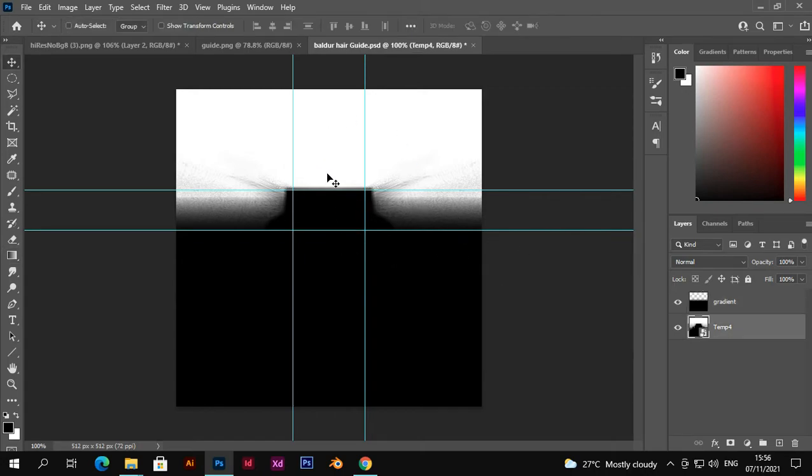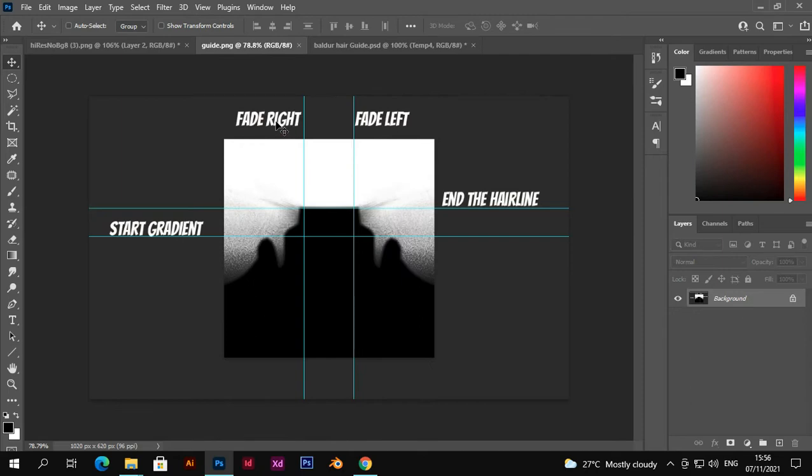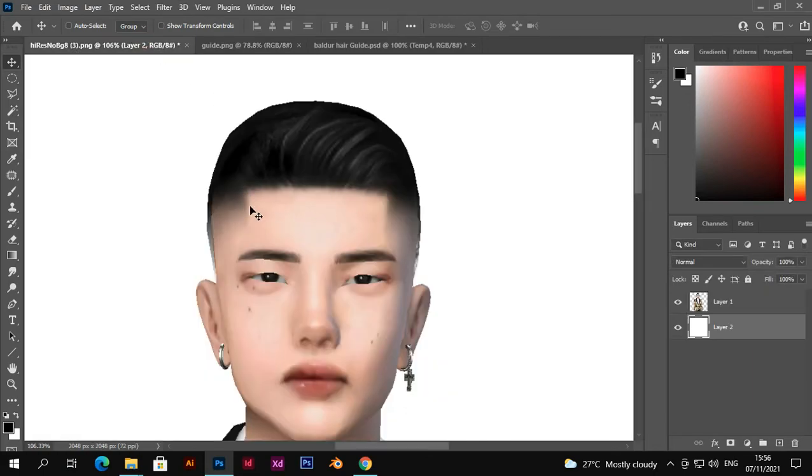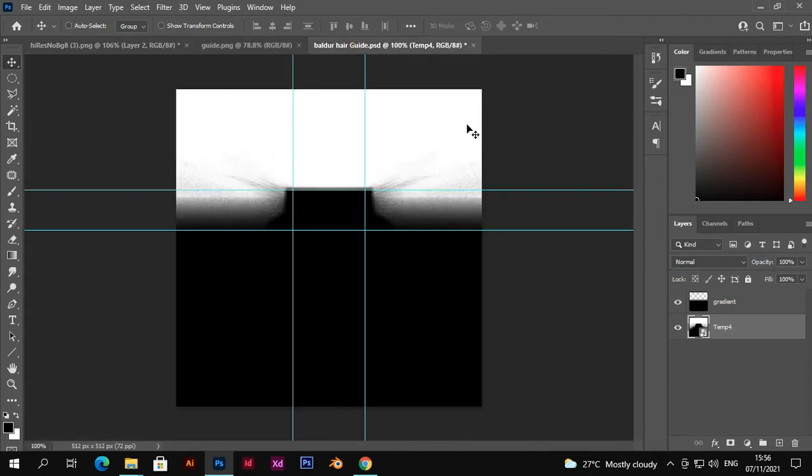Next, on the guide, it says fade right, fade left. What I mean by that is that the white line here should touch the line, so it looks like this on both sides. You gotta do that. How to do it? Go into the original fade that you just loaded. Just duplicate it, Control J,